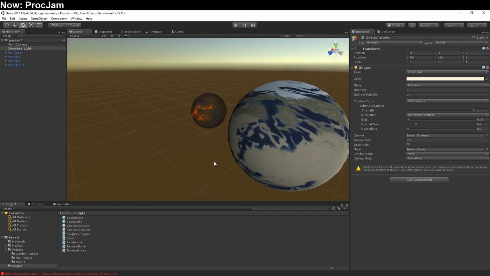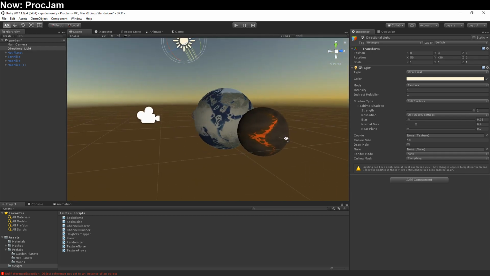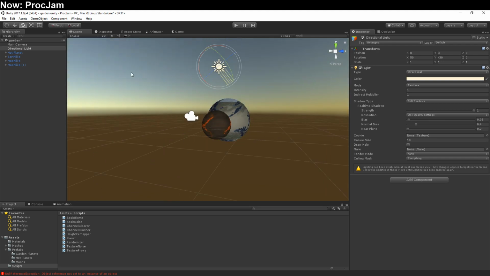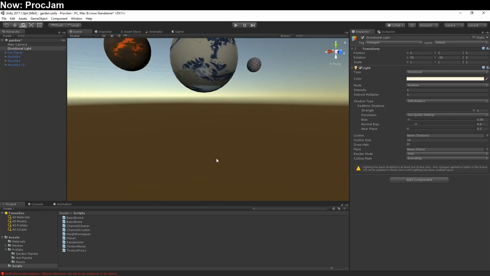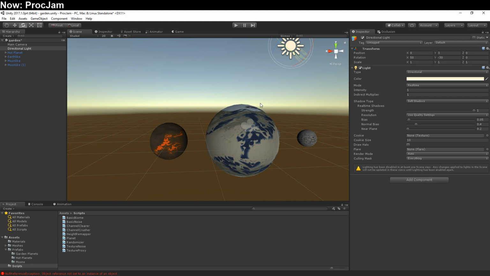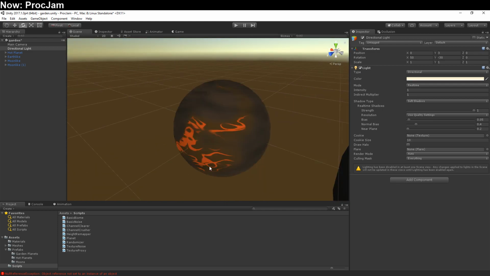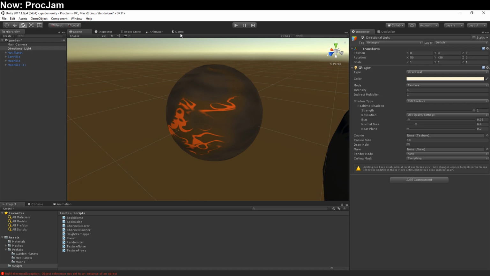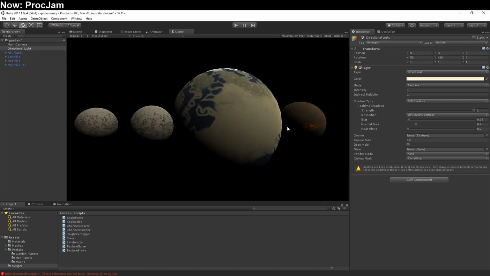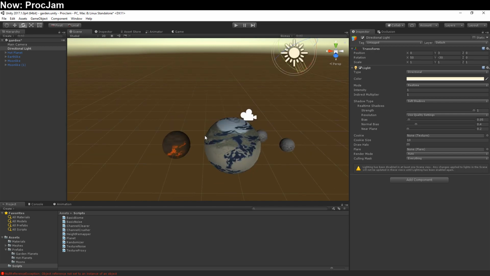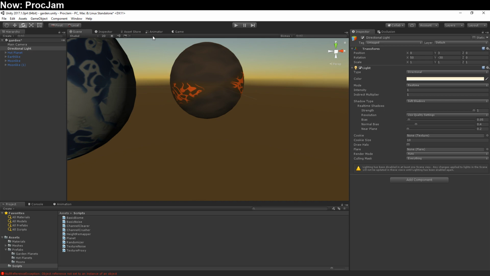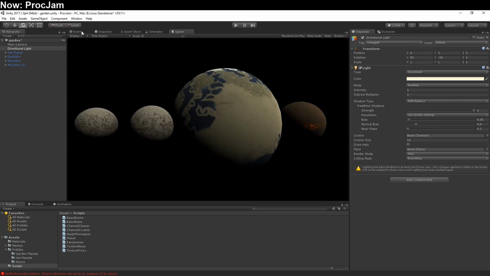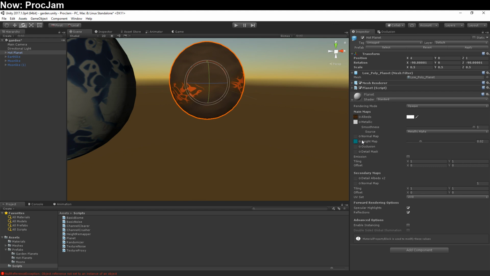But what we want to see is whether or not that black scene is properly illuminated by the glowing red elements. And it's clearly not. You can see right there, for some reason, in scene view, we're not getting the right lighting. I guess so that you can see what's going on. But even with this view, you can clearly see that we're missing quite a lot of what we're going to want to have glow. That ought to be a whole river of red, and it's clearly not. So if we then select this planet and take a look at the emission map,